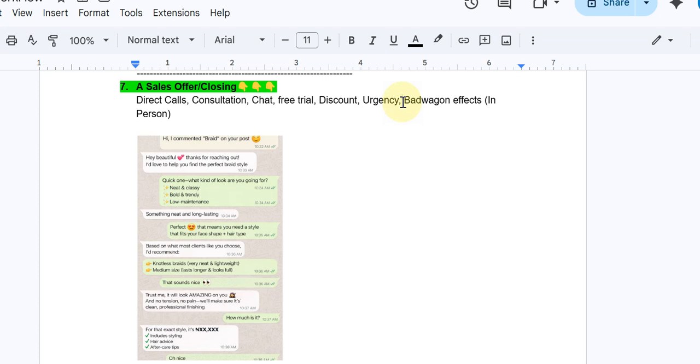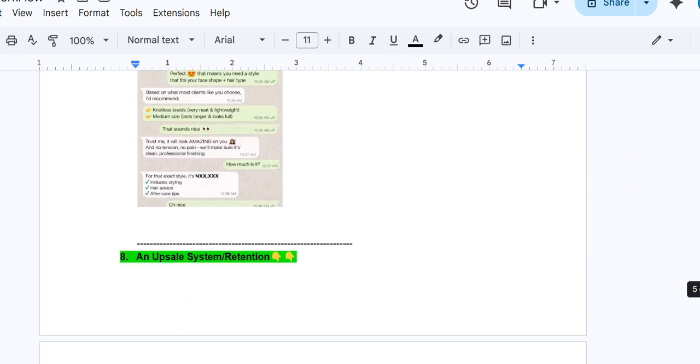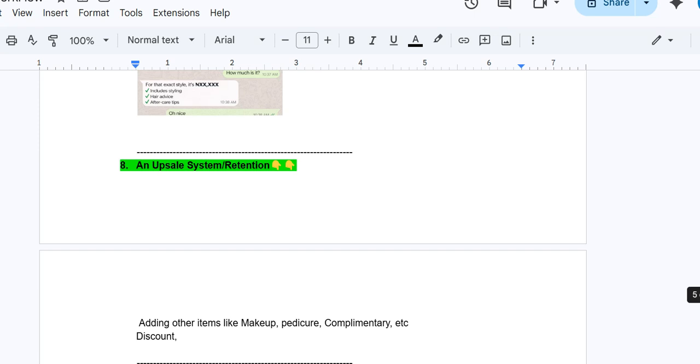This is just like trying to nurture them, creating a bandwagon effect that everyone is interested, as well as the consultation or anything that will make them build trust and be able to have confidence in patronizing your business. And the next thing is, by the time you are done with this, you will now have what you call the upselling. The upselling is all about adding additional resources that they might need. Maybe selling other products, maybe the initial stuff, hair product, you can now go into pedicure, complementary stuff,